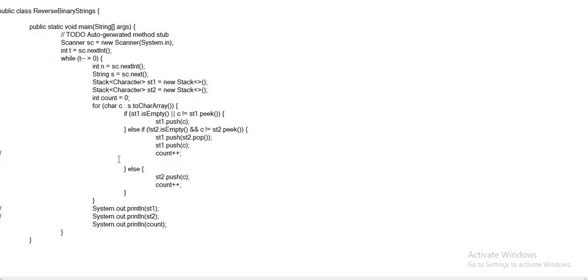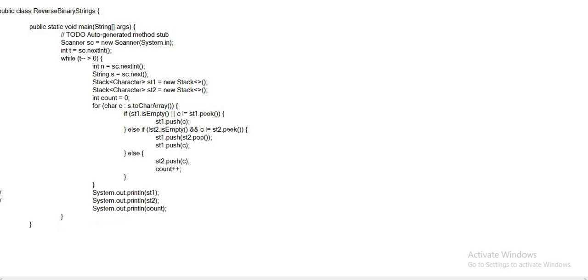These two lines are commented, so you can just ignore this. The commented lines are hiding behind the window, so for simplicity I can remove those lines. Next, if stack 1's peek element is matching the current element, and the same is the case with stack 2's peek element, we just add that element into stack 2 and increment the counter by 1.